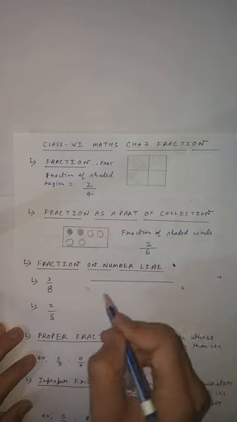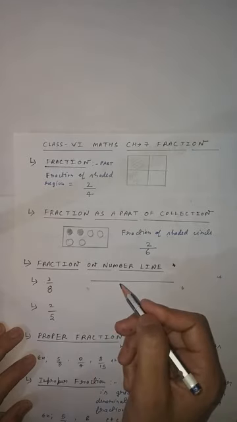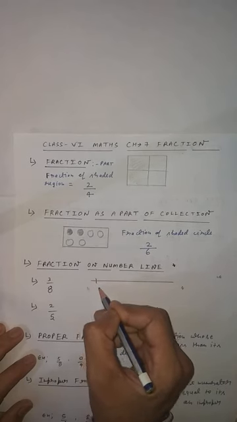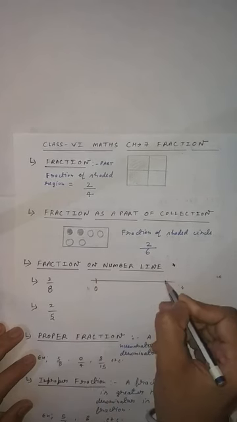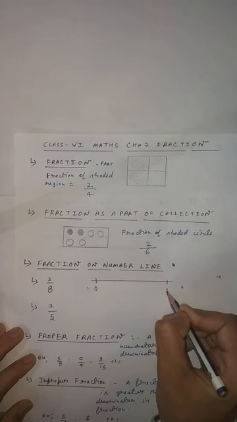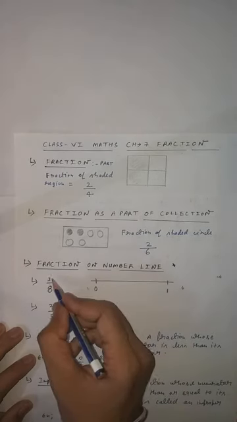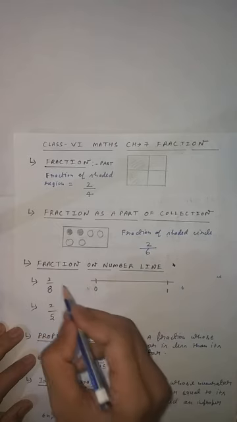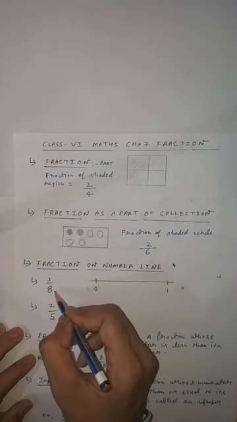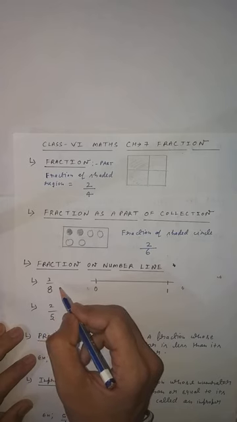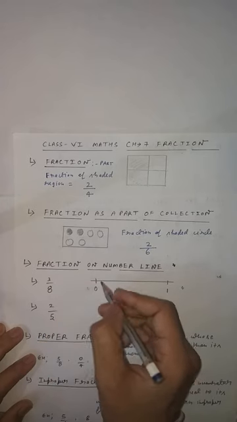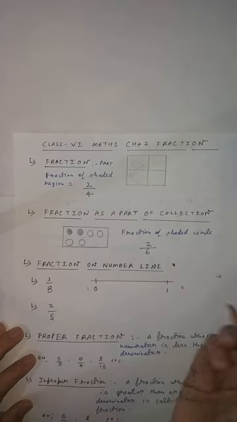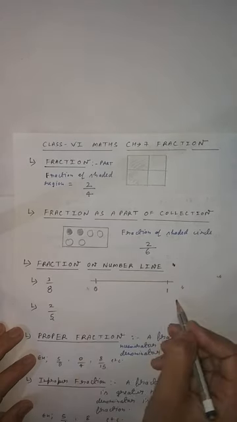So roughly an idea will come in your mind that the number line should be between 0, greater than 0, and less than 1. Why are we writing 0 and 1, students? Because roughly, when you divide 3 by 8, there is no need for division, but you think in mind that 3 by 8 means it will come 0 point something, that is, the number will be greater than 0 and less than 1. This is very clear. So the number line is between 0 and 1.